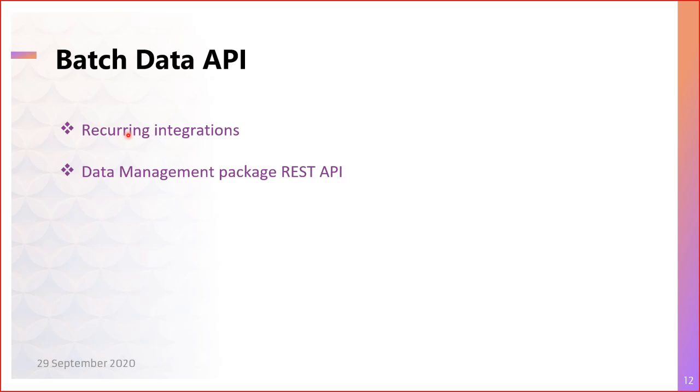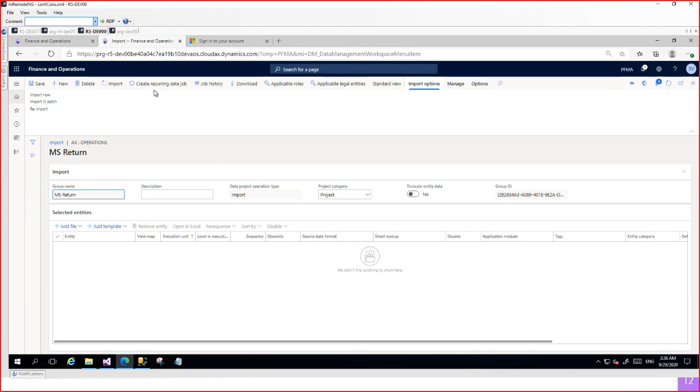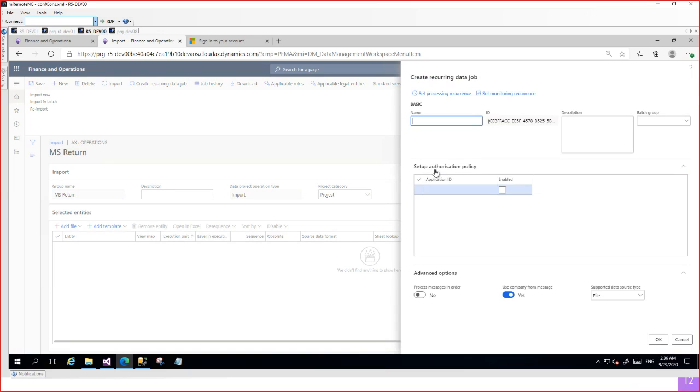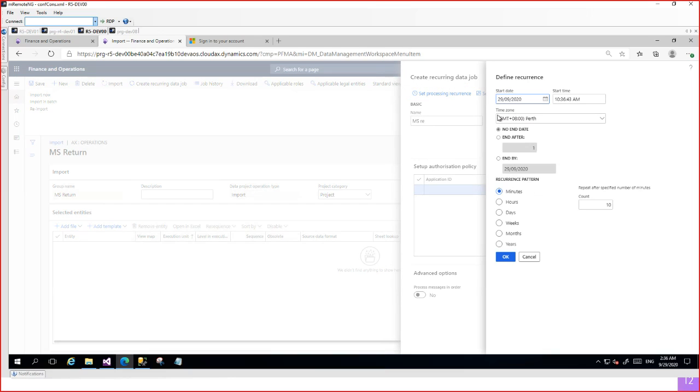So there are two options: recurring integration. If we're going back to the financial operations, this is where we say create recurring data jobs. If you click onto this create recurring jobs, all it asks you is to just name this one, add a description if you want to, and if you want to use your batch group here, you can also set the scheduling. So you can batch this one, you can schedule this one for a certain time or a day,